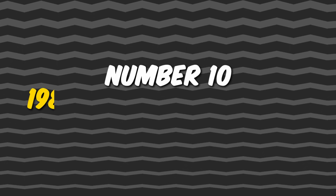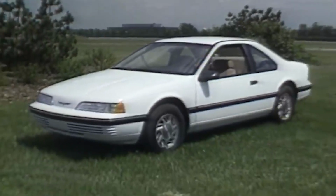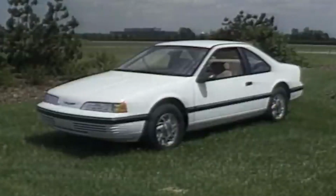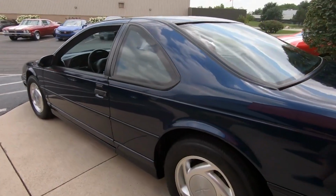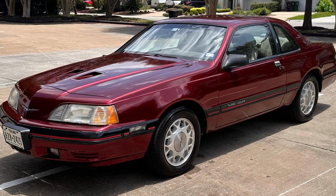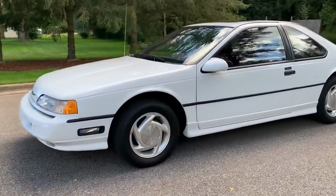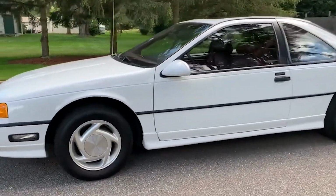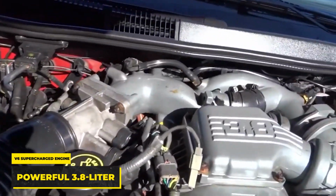Number 10. 1989 Ford Thunderbird Super Coupe. The Thunderbird launched its 10th iteration in 1989, with larger wheelbase and more aerodynamic bodywork. The Super Coupe, a new performance vehicle, took the place of the previous generation Turbo Coupe. The Super Coupe, as its name suggests, was propelled by a powerful 3.8-liter V6 supercharged engine producing 315 pound-feet of